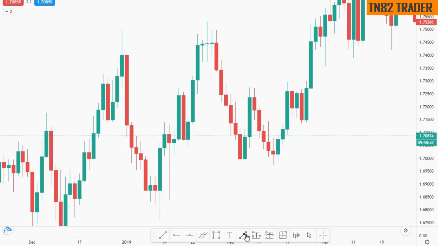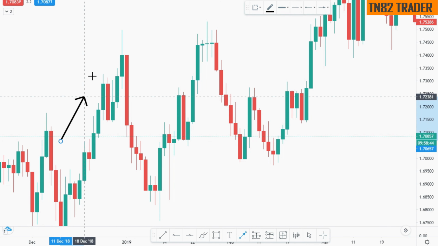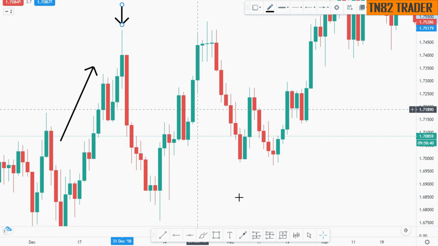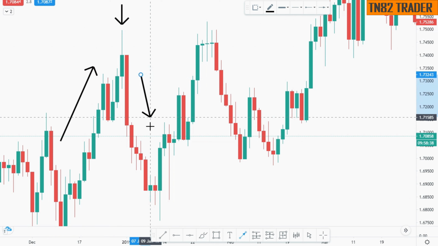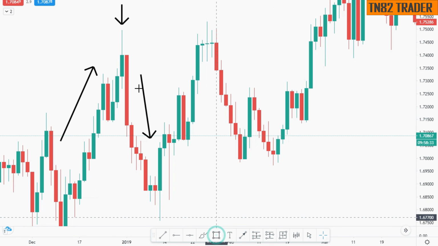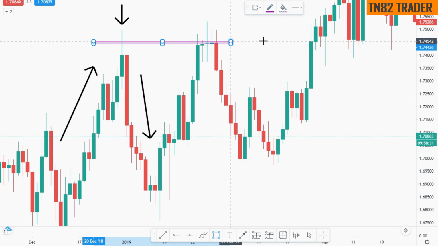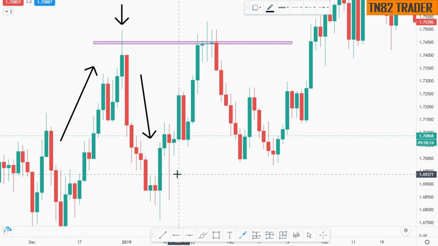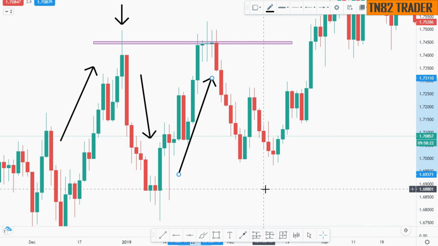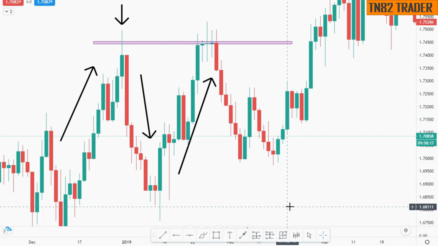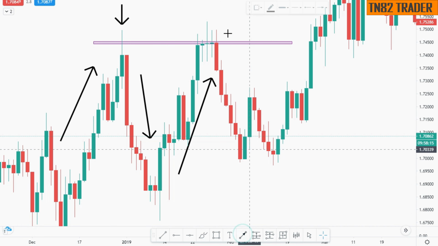again we look left, notice price came up to this level, hit and reversed, giving us a good level of resistance. So we are going to draw the resistance level. Okay. Then price came back up to this level. We don't know whether there would be a trading opportunity or not.